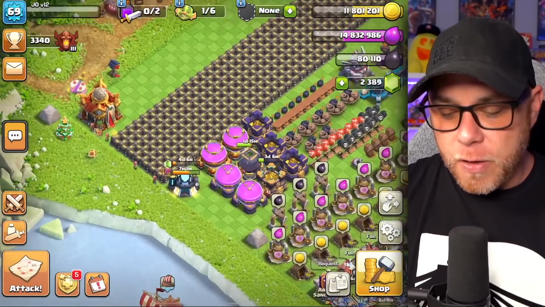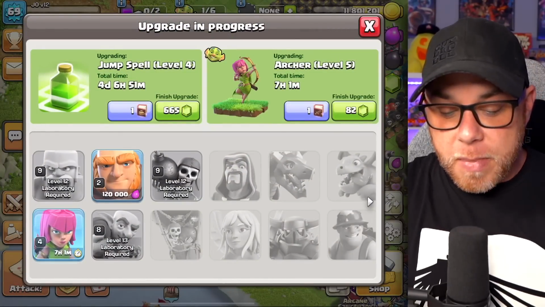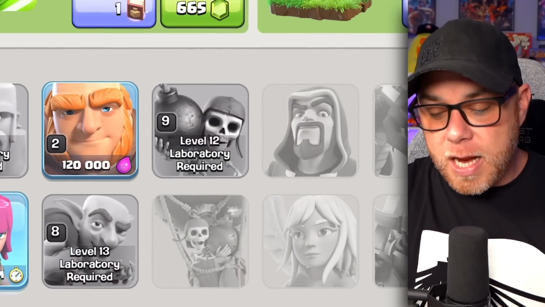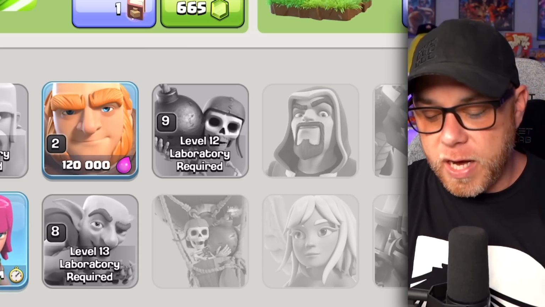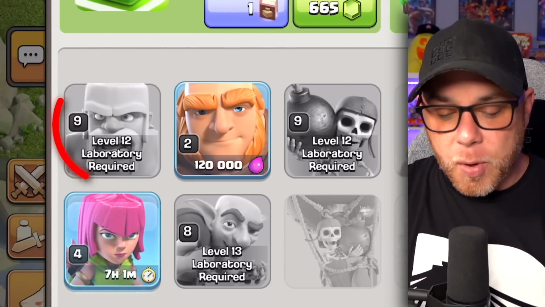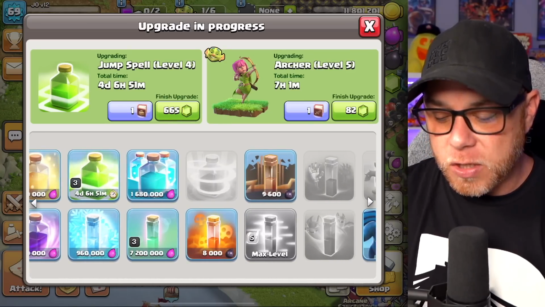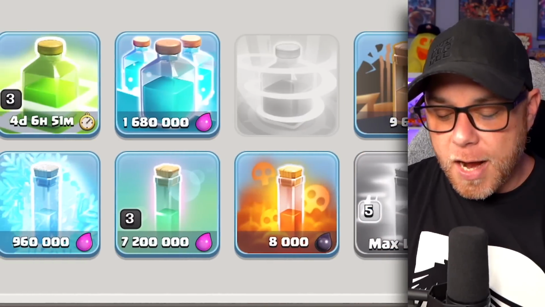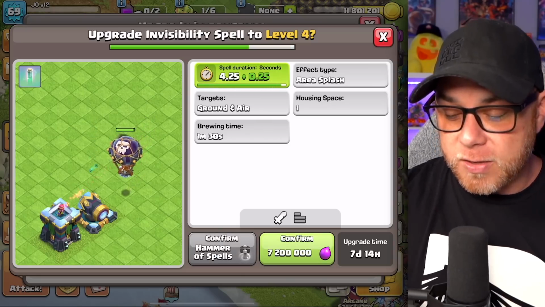And then a couple of other upgrades that we were able to do in the last week or so: we maxed out the goblin and the wall breaker for this laboratory level at level 8 and then level 9, and then the barbarian is also level 9. And then we also kind of focused in on the spells. We did max out the haste spell. We got the invisibility spell up to level 3,